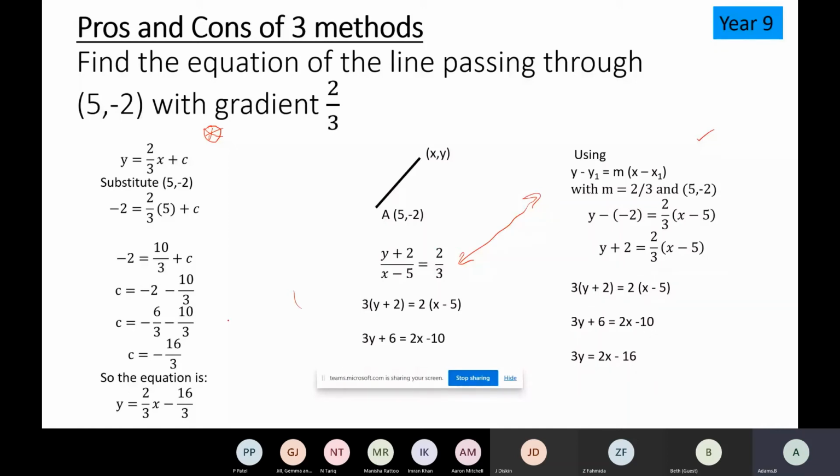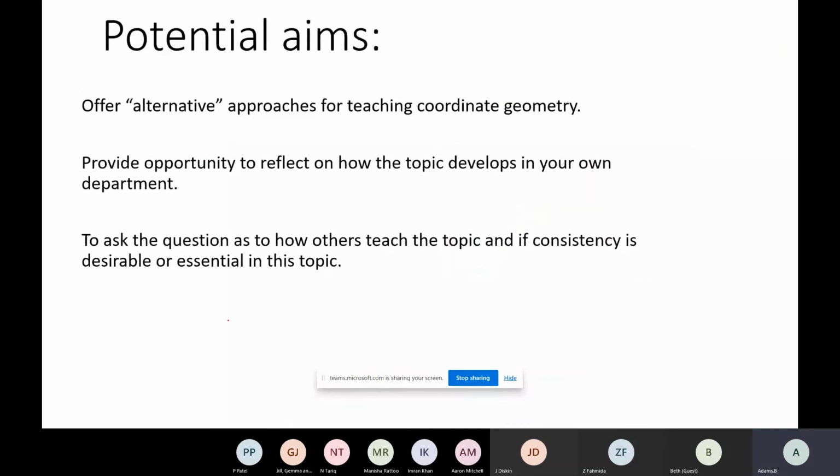Hopefully I've put in some things that are a little bit controversial and challenging, really. That's the idea, rather than tell people stuff that they're already doing, and hopefully that will spark off some conversation in your departments as to whether you like it or whether you hate it, or whether what you do is consistent through the school and whether it works, or whether actually having a lack of consistency, and everyone doing something slightly different, enriches the experience of the students. So that is